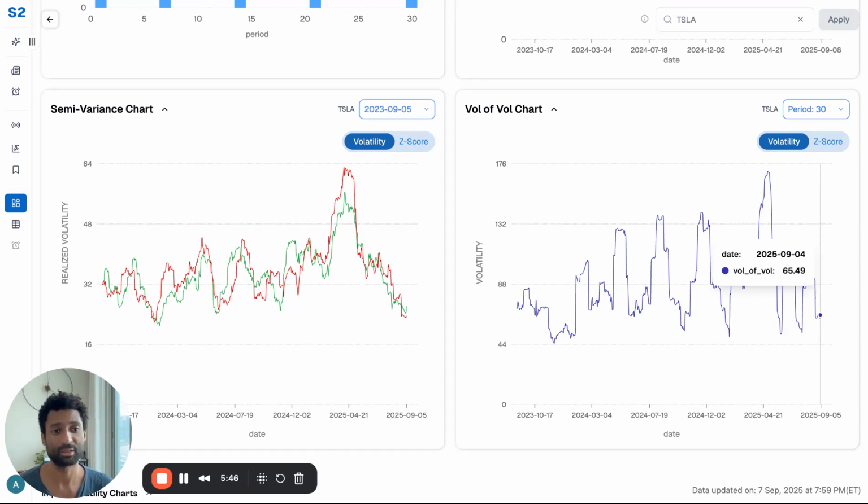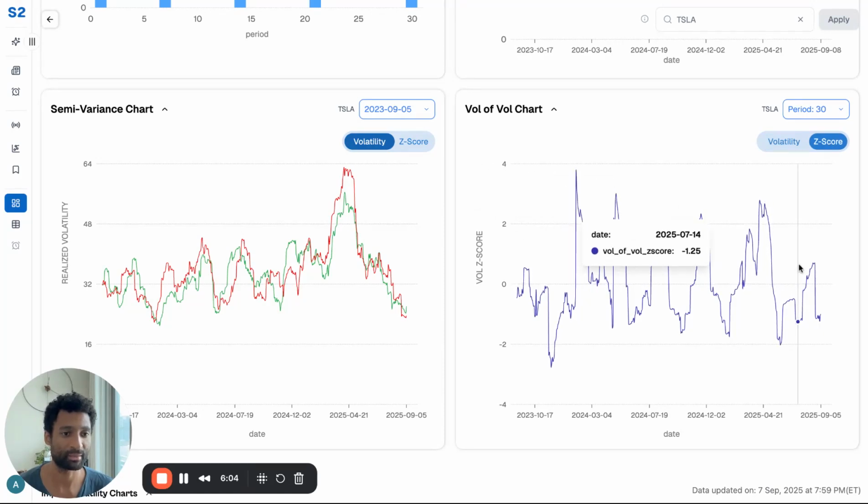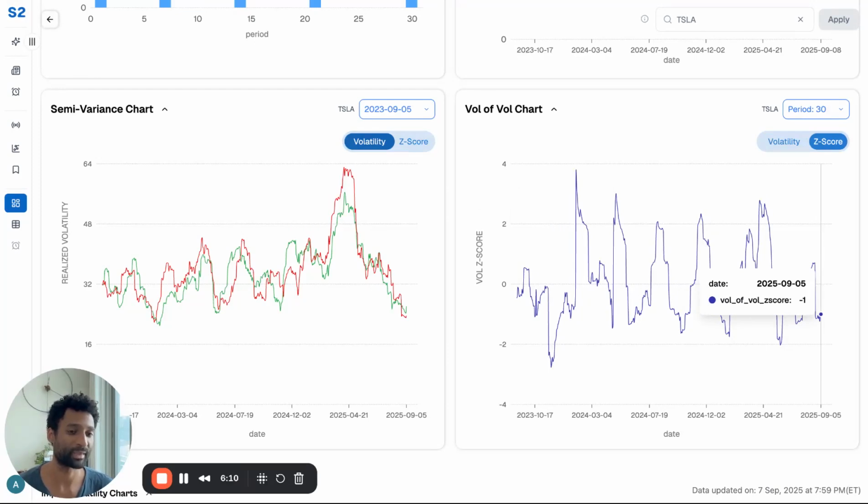So ultimately, when vol of vol is stable, it usually means that people are not willing to overpay for tails. They don't think something crazy is yet to happen, but that stuff can spike pretty quickly and pretty fast. So you always want to keep an eye on it. If you Z-score rate right now, at -1, it's probably on the lower end of the spectrum. So you also want to be mindful of this and be a little bit careful,